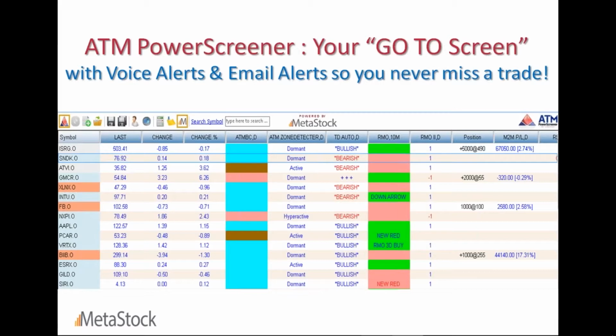It reduces that human dependency factor. So the Power Screener is a fantastic place to get to. I use it for making notes on my trades. I use it to understand where I'm making money, losing money. I use it for a lot of different reasons, but above all, we can't forget the primary goal of this